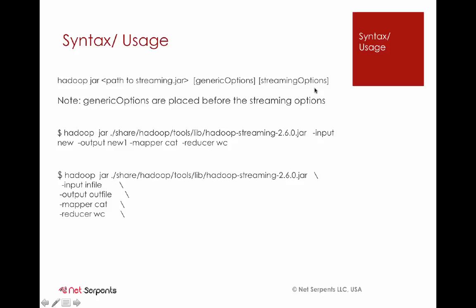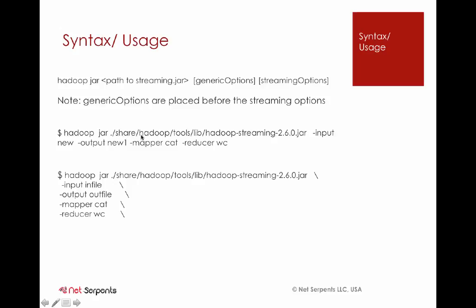And streaming options have some options which are mandatory, and there are some which are optional, and all the generic options are actually optional. So we have this as the syntax. So we see Hadoop jar, and then in 2.6.0 the streaming utility is actually residing in